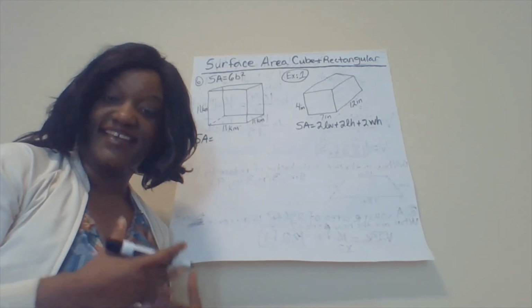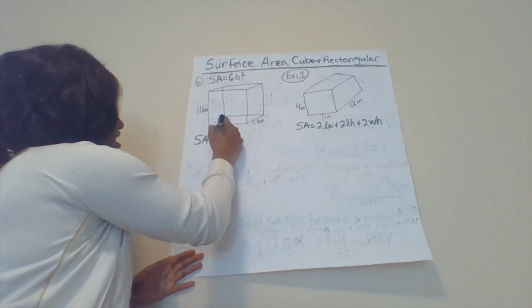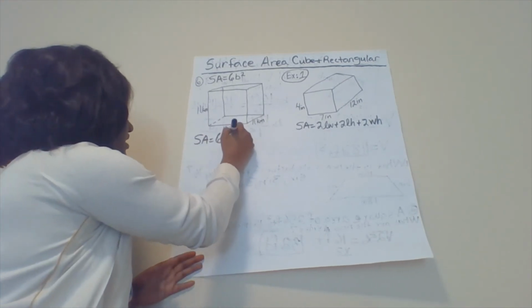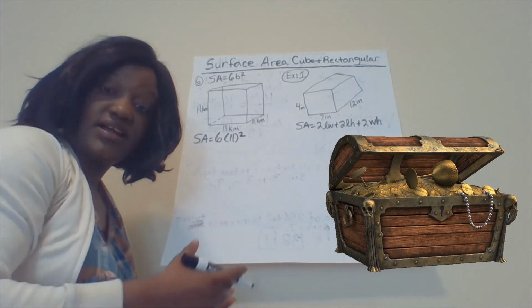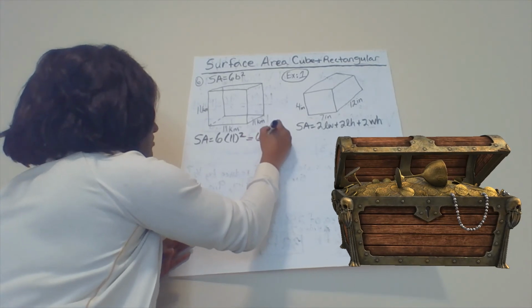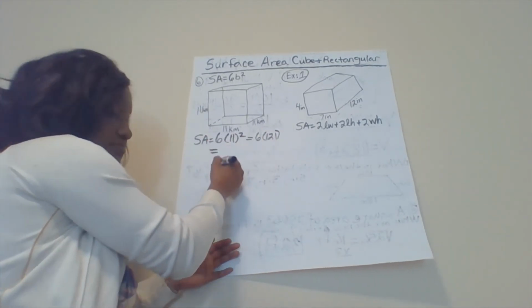SA means surface area. So surface area is 6 times 11 squared. 11 times 11 is 121. So when I multiply 6 times 121, my final answer is